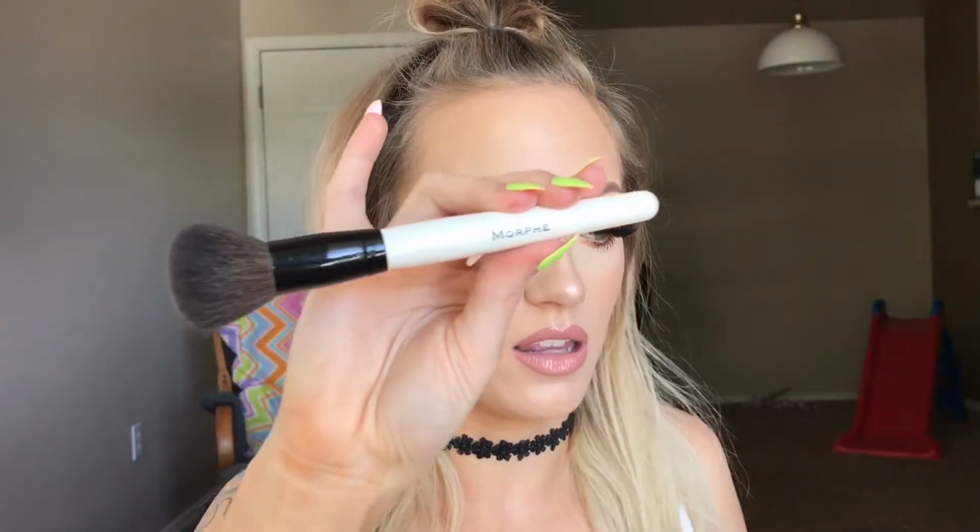This next one came in a Morphe brush set, in the travel set, and there were two. There was one that was a little bit flatter, and then there was this one that's a little more round. I left the flatter one somewhere. I actually have no idea where it is, but this comes in the Morphe travel set, in a black and